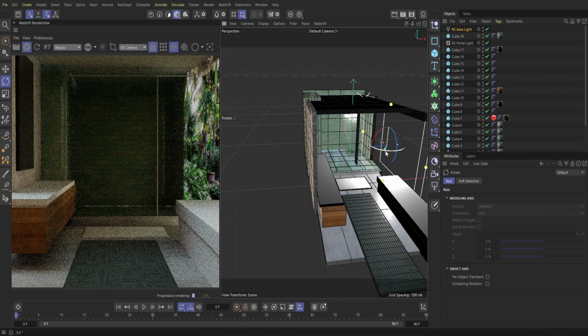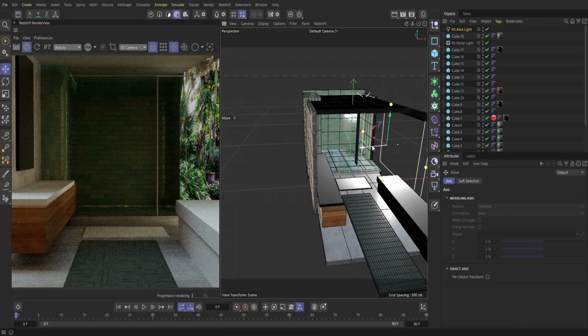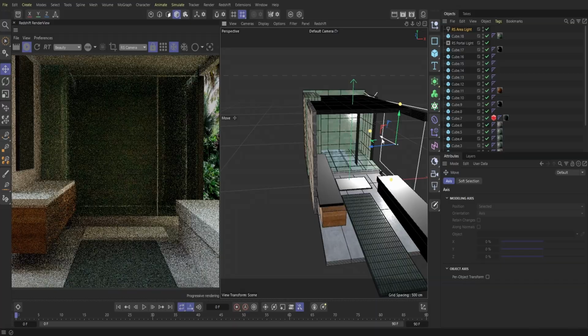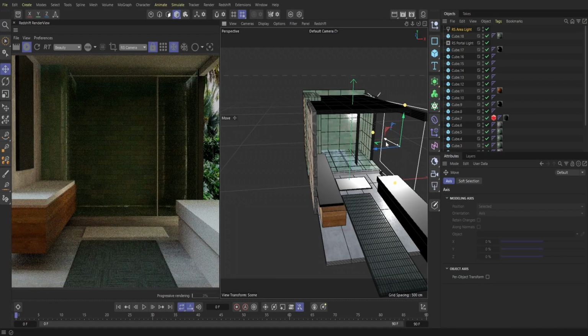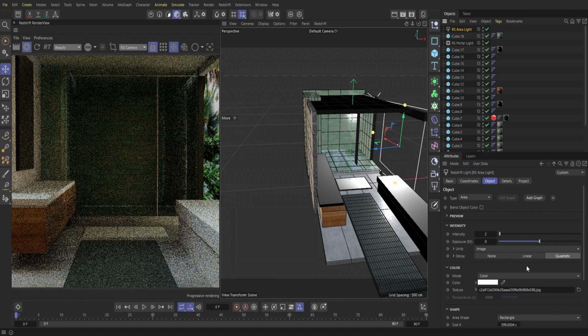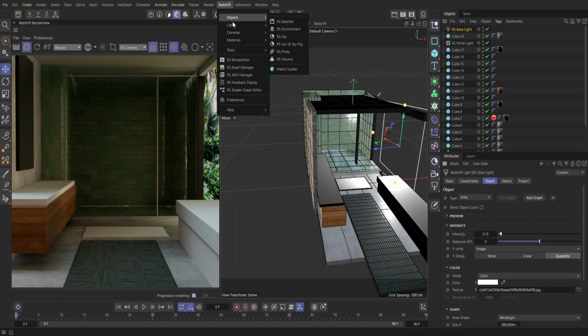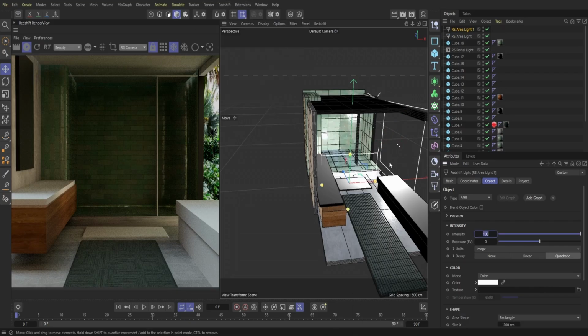We can also put this at an angle to make it look a little bit more right here. And maybe about there looks pretty good. A little bit more realistic than we had it before. We can maybe just push up the intensity just slightly, and I'm just kind of seeing what this looks like. And yeah, not too bad. So we'll bring in another area light here. Let's bring this down,